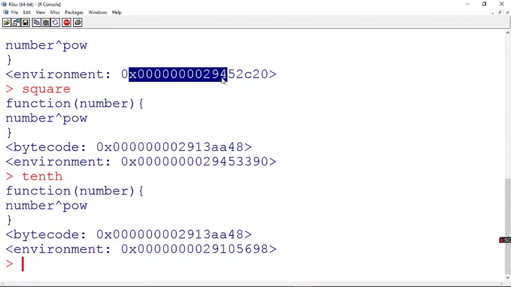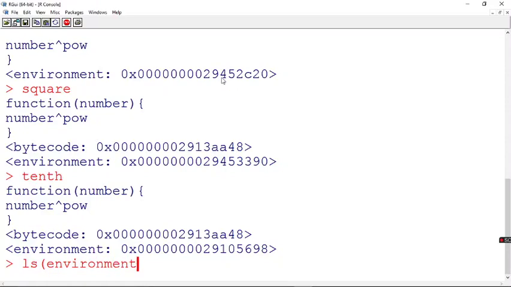All these functions have the same number and power, but within each function's environment, the corresponding power and number will differ. If you want to check that, now I say ls. ls is for listing out the variables.